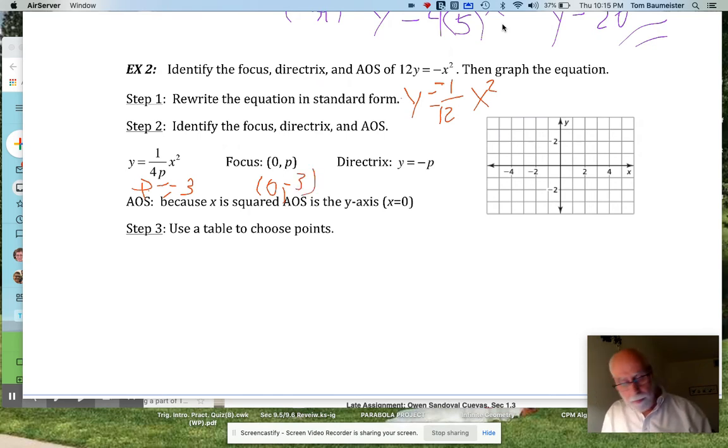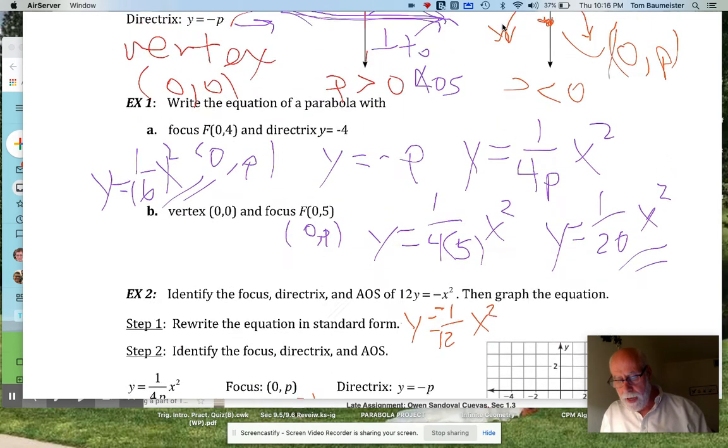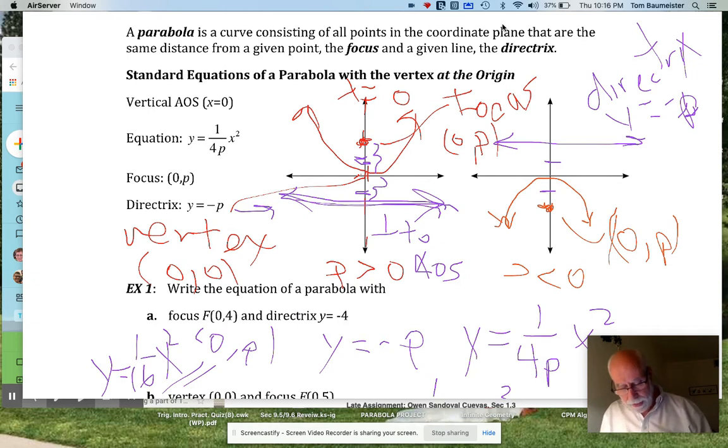And think about it. Our directrix, again, even though it says it's negative, if you think here, we're going to open down, all right? So when we open down, our p is less than 0, so negative 3 is less than 0 for our focus. But our directrix, which would be on the other side, will be positive, all right? Because if you think about it,